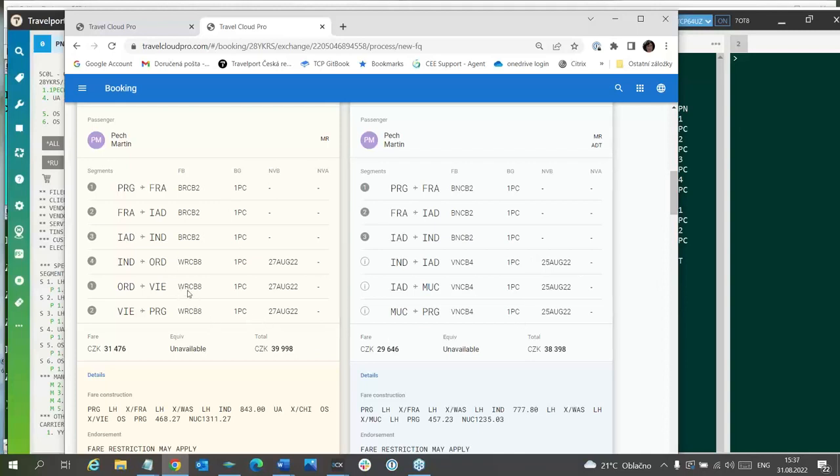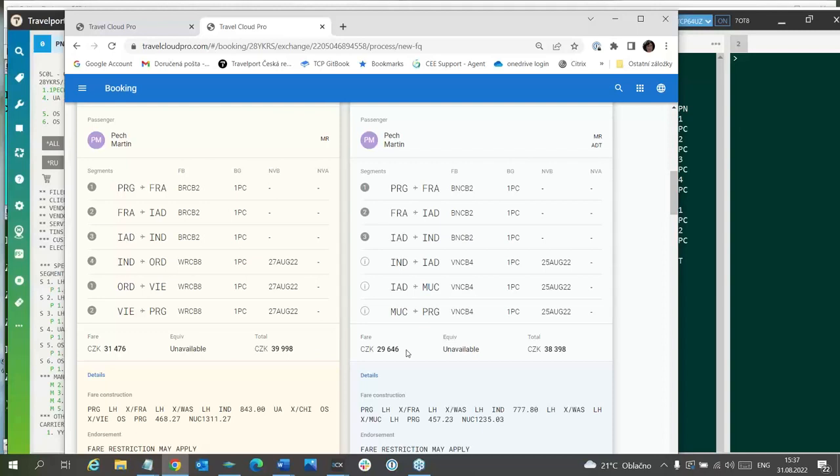Here is WRCB8 and here is VNCB4, not R. It is a different fare family. Therefore, the fare is lower.